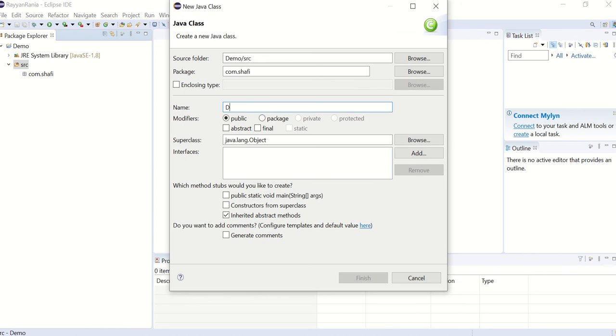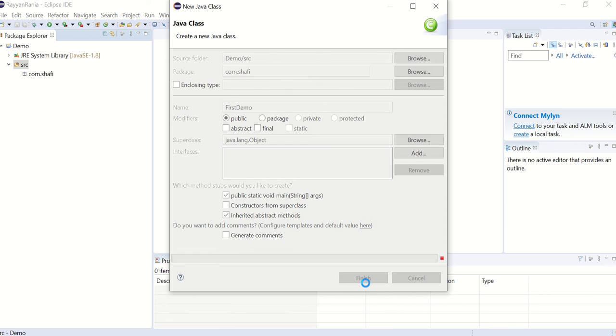I'm going to name this class first demo. So the first letter should be capital, first demo. Okay, and then I'm going to have the main. The main will run the program. So if you don't have a main, you're not going to run the program. So I'm going to check this public static void main string. So you click finish,